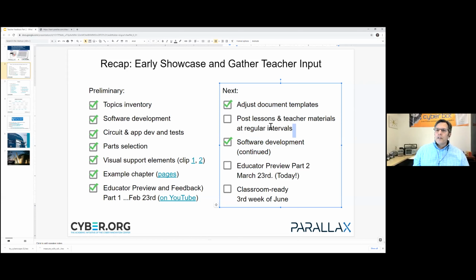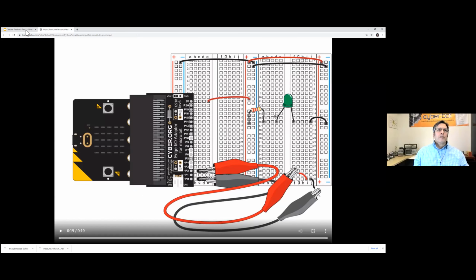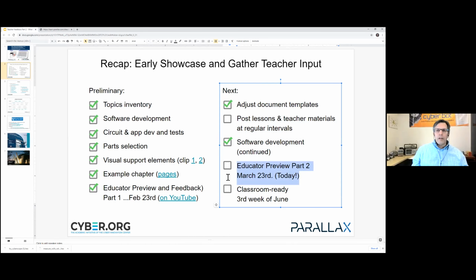And then today, after this, I'll be able to check this off because we've got 10 or so lesson skeletons for you to try out. And I'll be demonstrating quite a few parts from that. And then we'll be able to check this one off too, since that's happening right now as we speak. All right, so